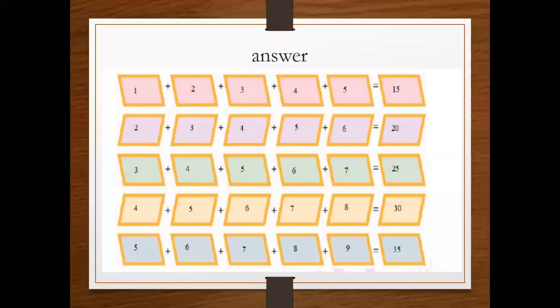Completed this? Yes, sir. Completed, sir. These are made from your testable. These are your testable questions. After the class, I will share this so that those who are not able to complete, they can do it. See, the pattern is interesting. Adding 5 numbers, you are getting 5 total. See how interesting it is.